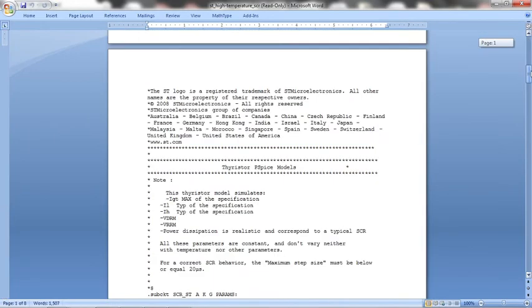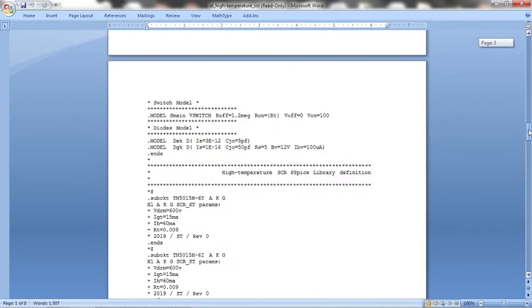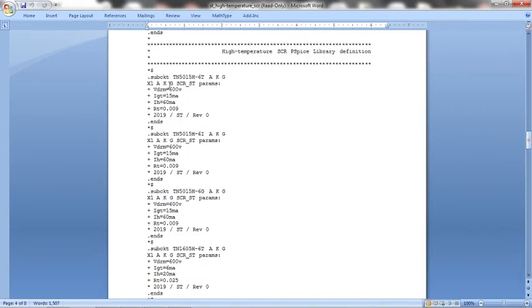It's giving you the model. Here it has a subcircuit, like I am choosing this TN5015H68. Okay, so Ctrl+C.